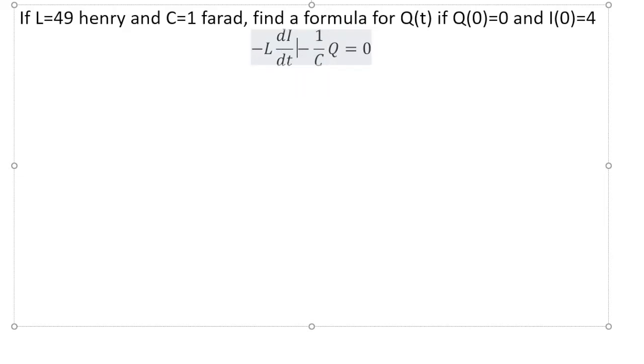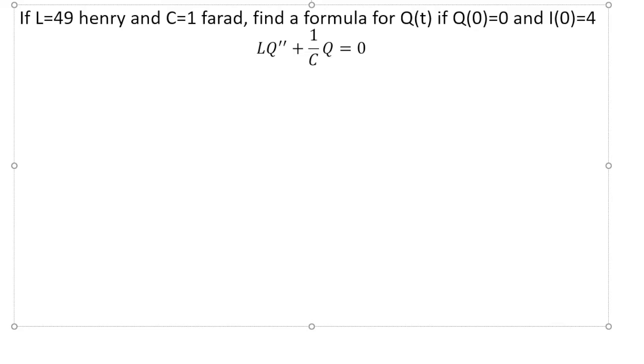Then you use the fact that the derivative of Q, the change of charge with respect to time, is the current, because current is the flow of charge, right? And therefore the derivative of I would be the second derivative of Q. And then finally you multiply by -1 to make this positive, and that's the differential equation for the charge inside a